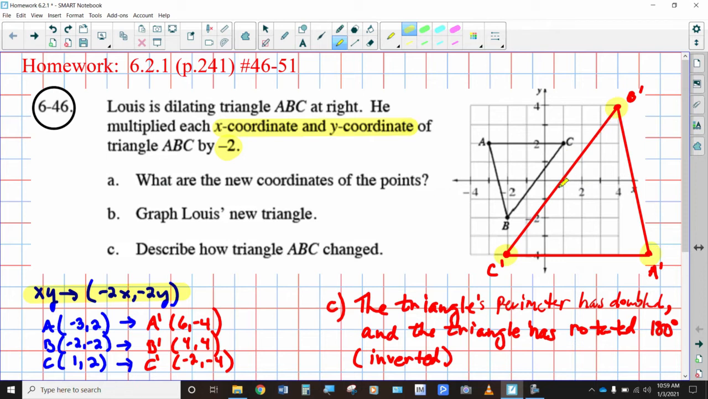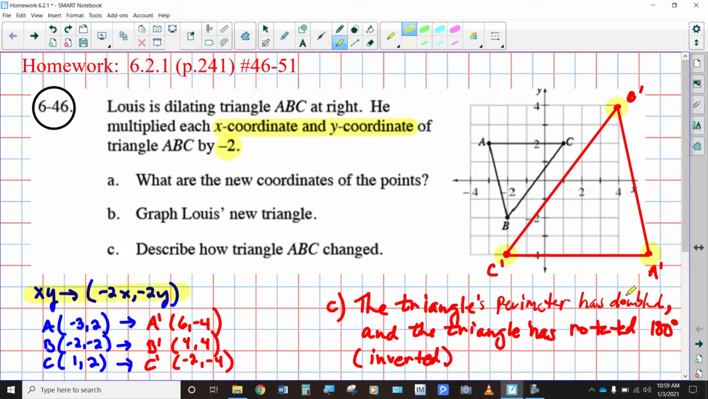So every one of these, even though you don't really know the length of line AB until you learn Pythagorean theorem, this is twice as long. Same thing with line CB. I'm sorry, this is the one that corresponds to AB. This corresponds to BC. So when it says describe how the triangle ABC has changed, well, the image of triangle